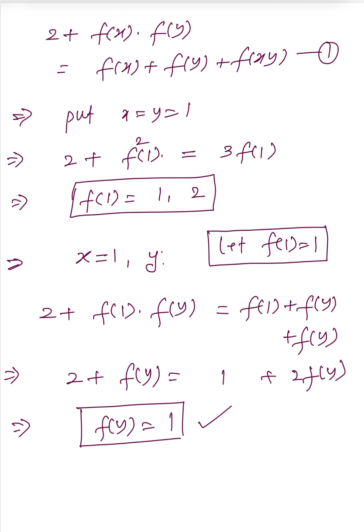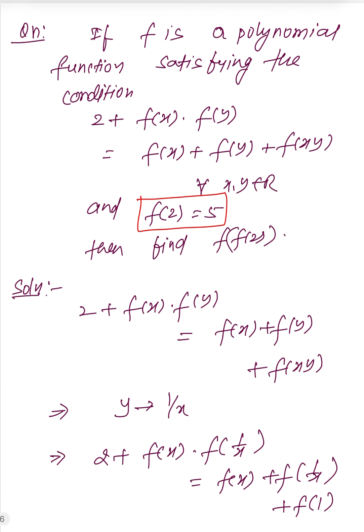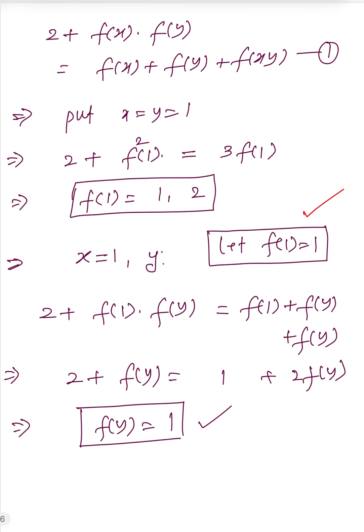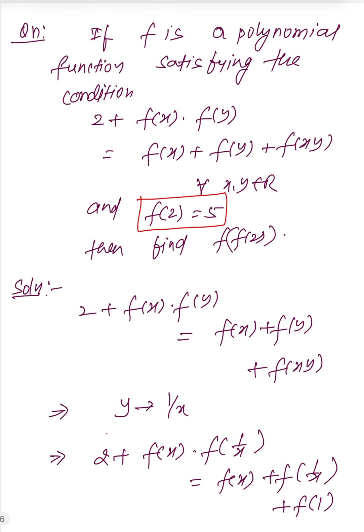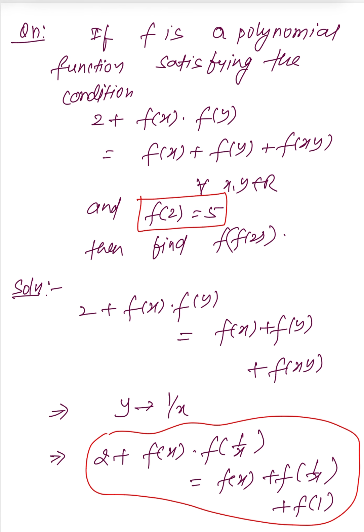So this assumption that f of 1 is 1 is not true, because it is giving the result that f(x) is a constant function, which is not possible since f of 2 is 5 and here f of y is 1. So finally we will get f of 1 is equal to 2 only. This is the result. Now if you use this result f of 1 is equal to 2 in this functional equation, we will get